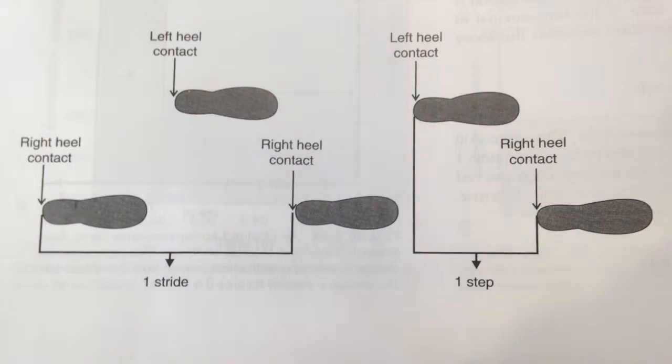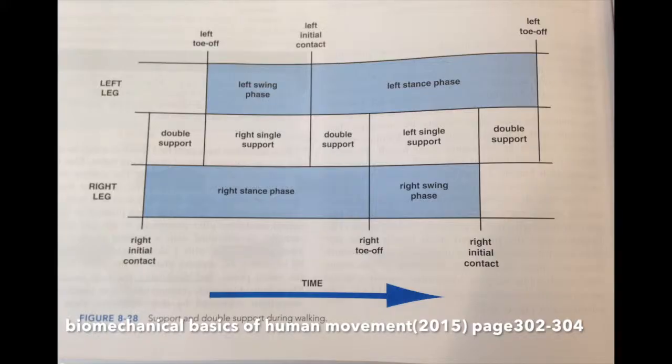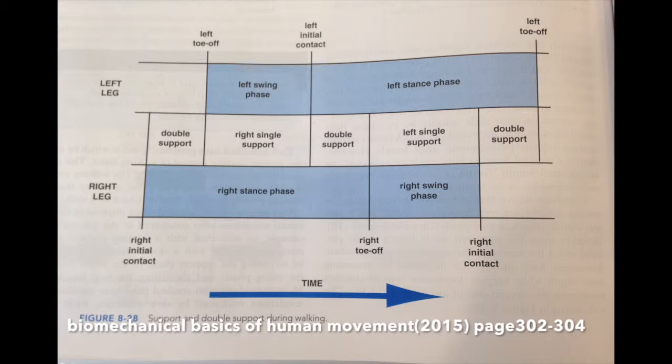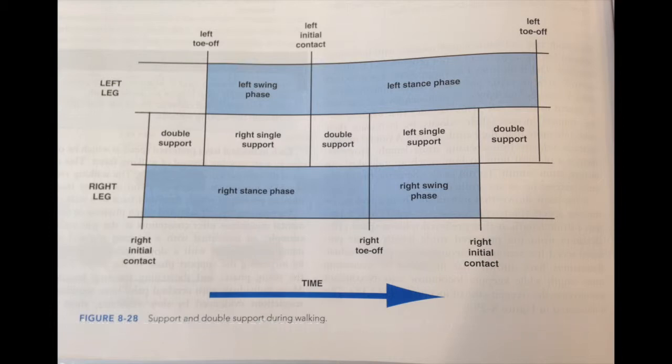Stride parameters during gait. A stride is defined as the interval from one event on one limb until the same event on the same limb in the following contact. Usually an event such as the first instance of foot contact defines the beginning of a stride. A stride can be divided into steps. A step is a portion of the stride from an event occurring on one leg to the same event occurring